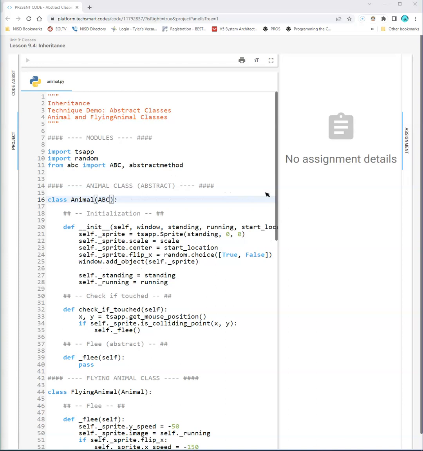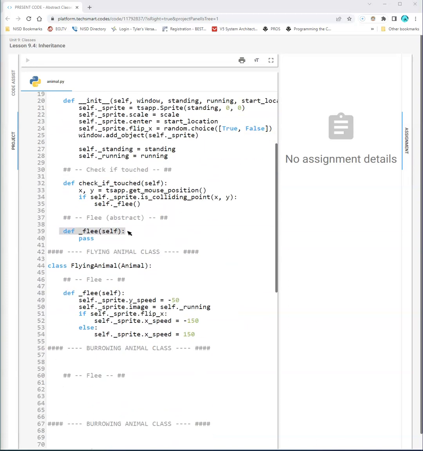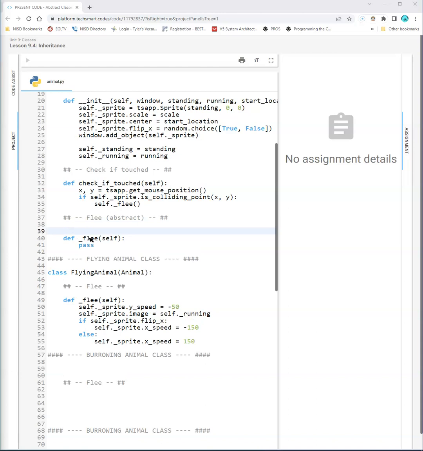So looking at the animal class, we'll notice that flee method is defined, but it doesn't have anything in here. All it says is pass. That pass, remember, is the placeholder that'll allow code to run, but doesn't actually do anything. Okay, so the only thing we need to do right here now is to tell Python that that is the abstract method that must be implemented by anything that becomes an animal. So we use